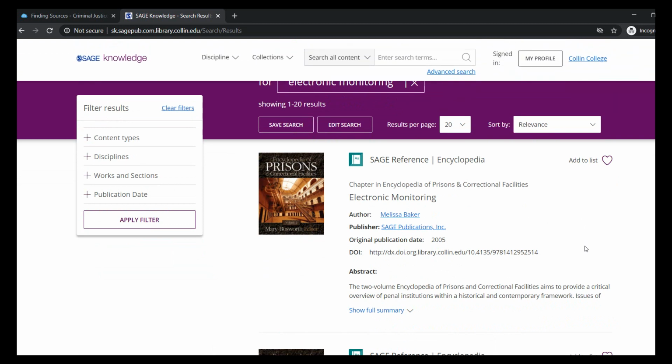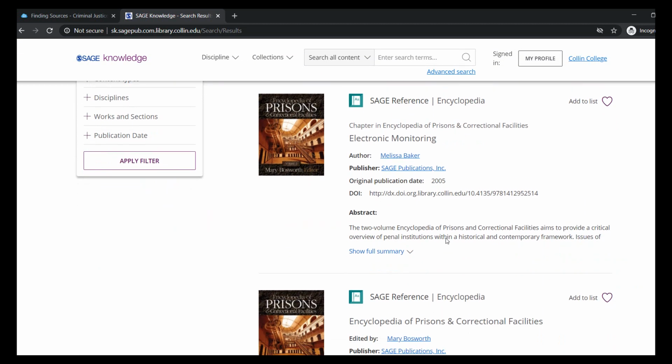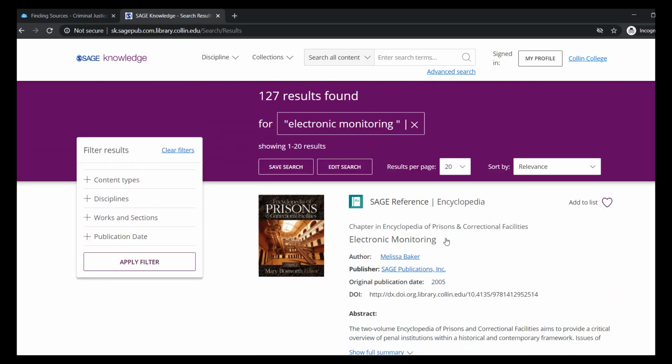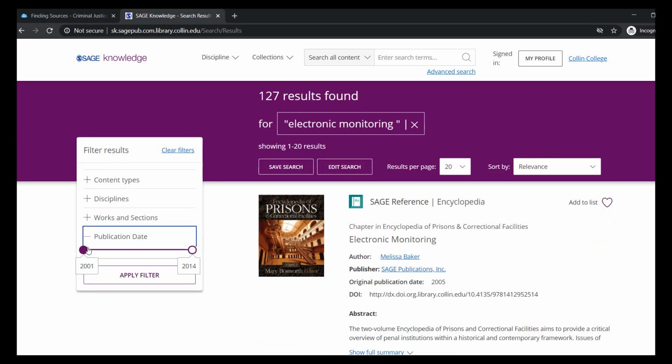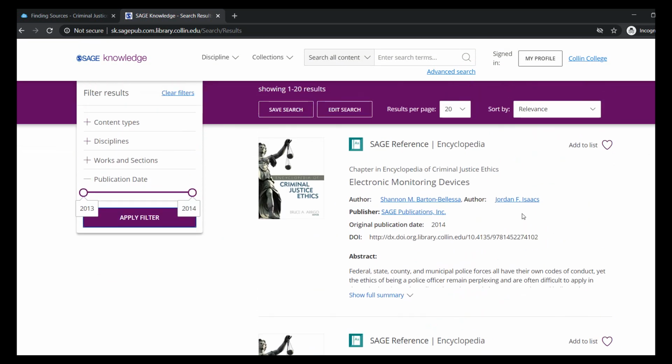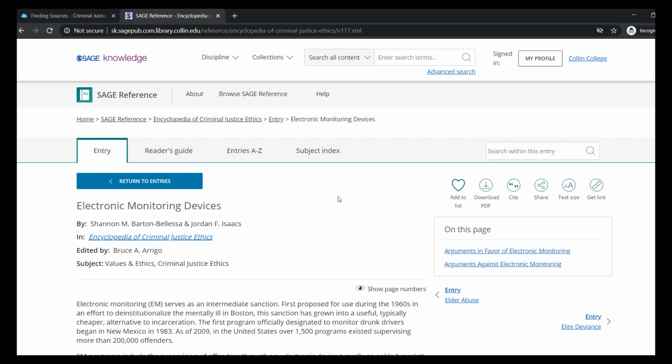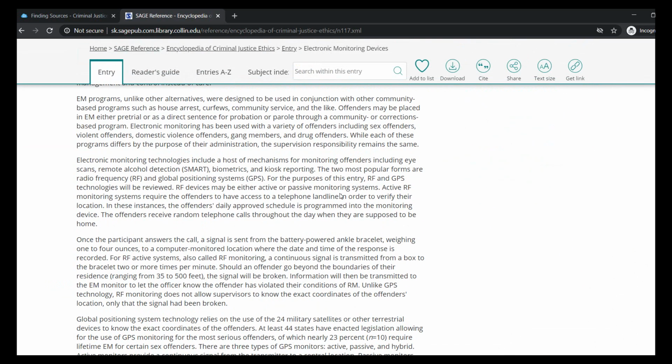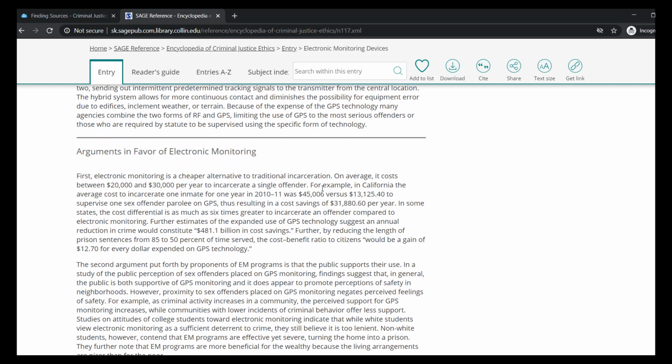All right. Do pay attention to the year. This is from 2005. But you can come over here to publication date, and you can pull this little bar closer. So if you don't want anything published before 2010, then you will have more recent results. So if you click electronic monitoring devices, then you have a nice encyclopedia entry that will give you the background information on a topic or give you a citable definition,